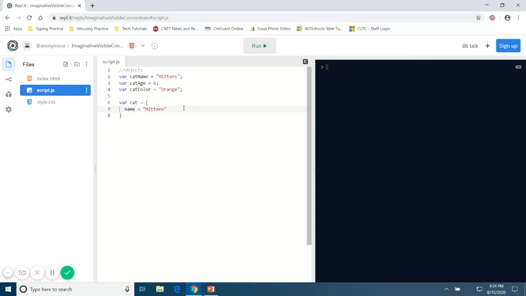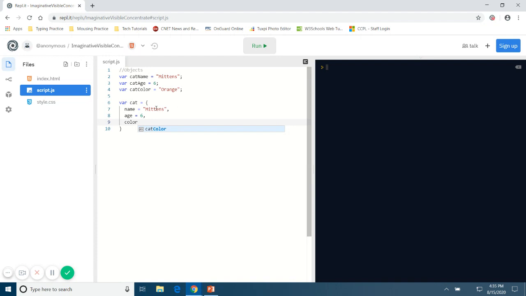Now when we are creating an object, we don't need a semicolon here unless we are done. But for now, we're not done yet, so we'll use a comma. Now what about the age? 6. We're not quite done yet, so comma. And then color, and again,